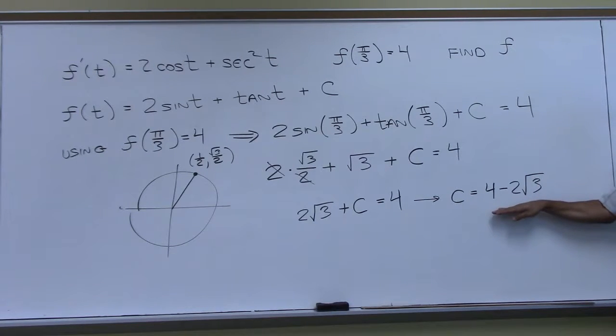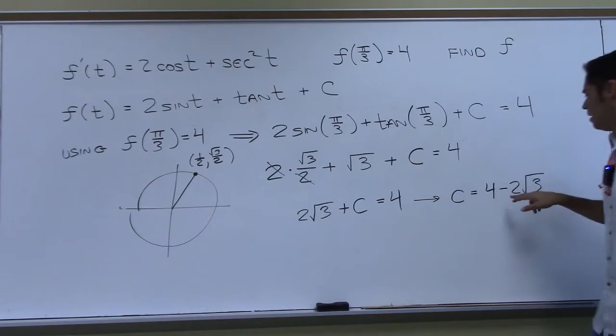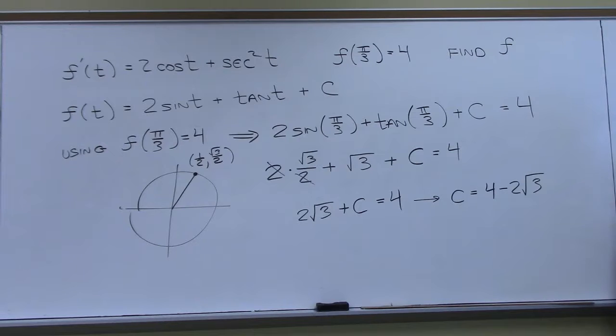This is our constant now, so we can come back into this function right here where we have found little f, replace c with this number, and we have f. So the final answer is